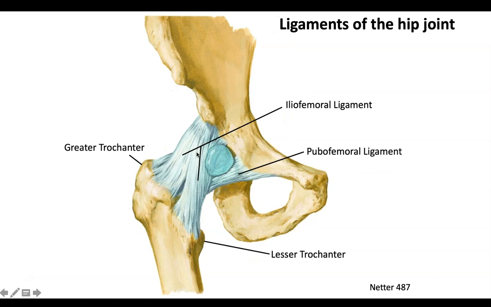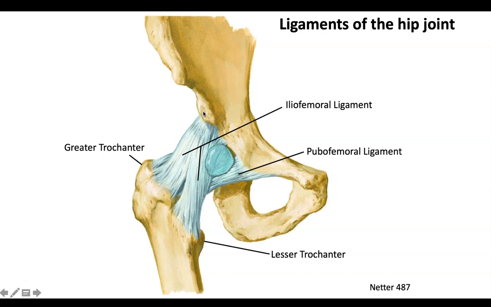All synovial joints have a fibrous capsule. One of the characteristics of synovial joints is that they are covered by a joint capsule, which has an outer fibrous layer, and internally the joint capsule is lined by the synovial membrane, and the synovial cavity contains the synovial fluid. The joint capsule of the hip joint is attached superiorly to the margin of the acetabulum,